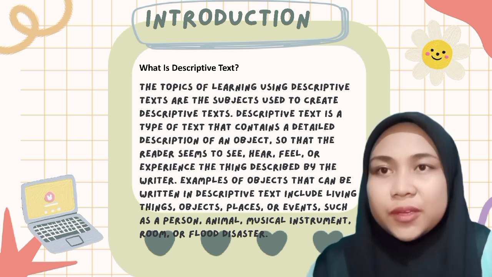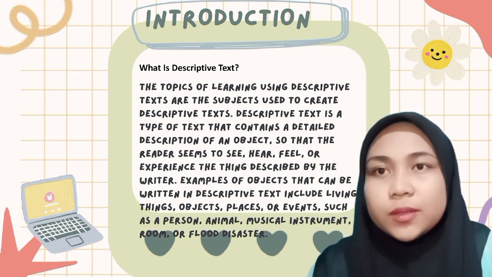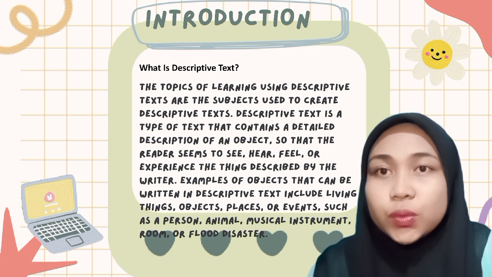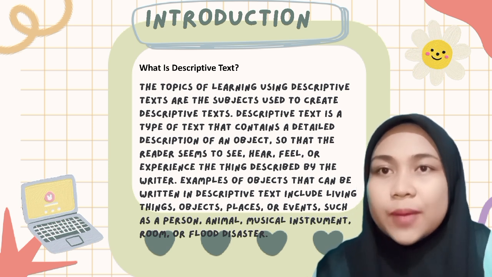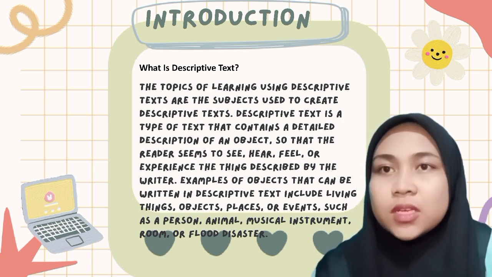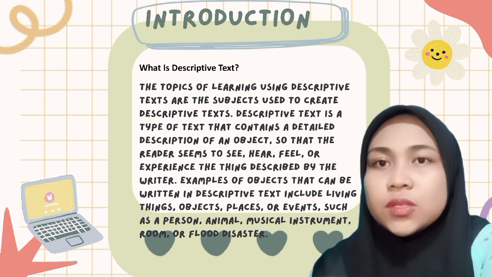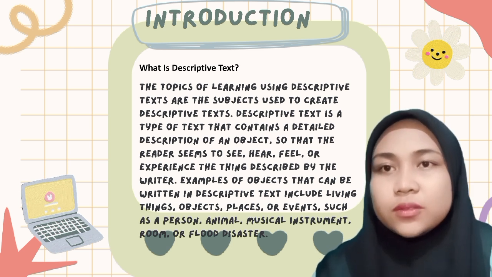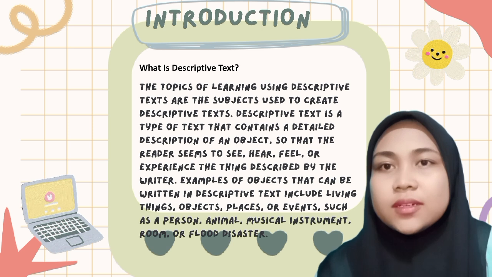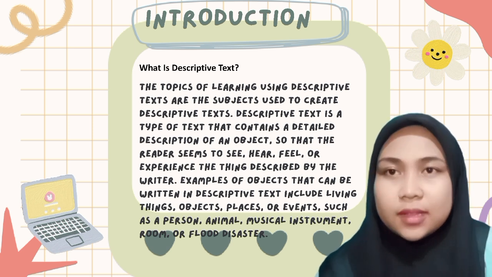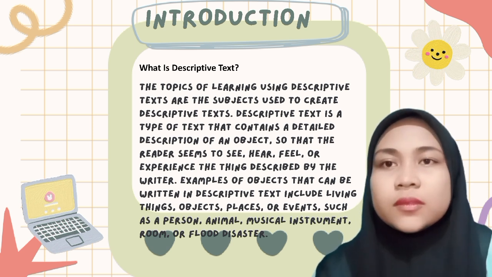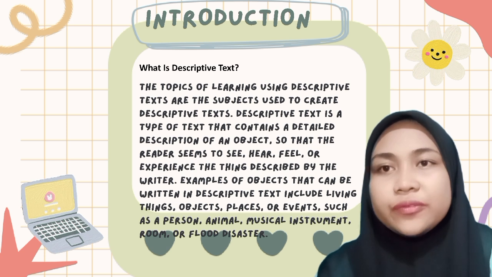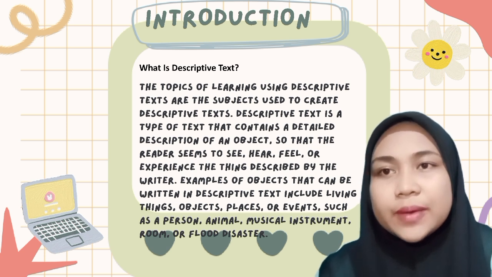In learning descriptive text, topics are used to develop students' ability to identify and describe objects in detail. Students are asked to describe the object by using precise and detailed words so that the reader can imagine the object. Thus, students can develop better speaking, listening, reading, and writing skills, as well as improve their analytical and systematic abilities.